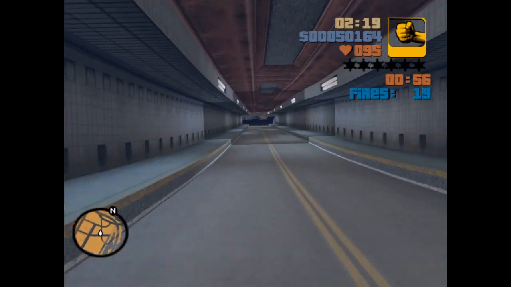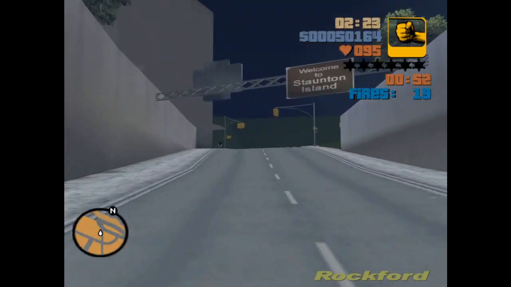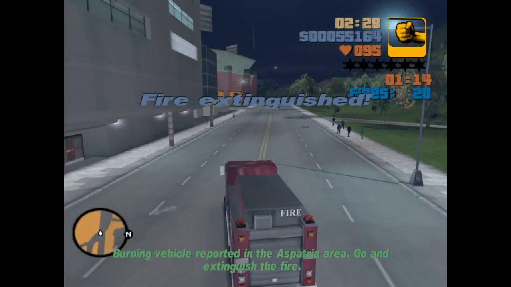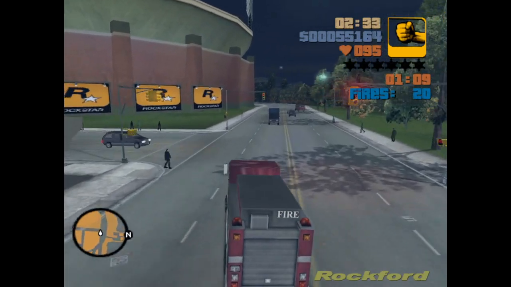I'm going to wait until I'm out of this tunnel, and then I'm going to play a replay. And there's the replay right there. That's going to put out the 20th fire. You can see the $5,000 reward. And now the 21st fire is in Aspatria, which is here on the second island, because that's where my fire